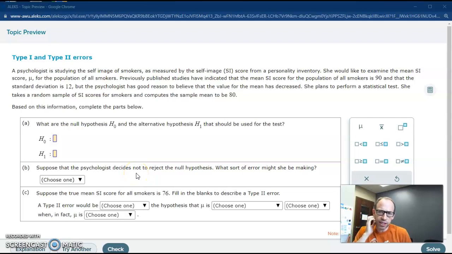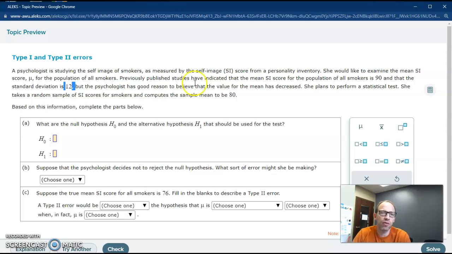All right, here's more of a conceptual question instead of calculation. So we have this psychology test and a self-image score. We have what the claim is. You can think of these as population values. This would be your mean and your sigma. And the idea is that maybe this is decreased. So we're going to take a sample and see if that jives well with the current existing believed values or